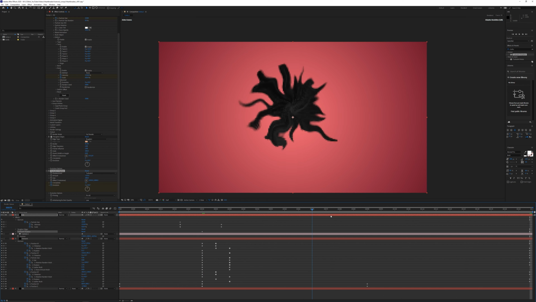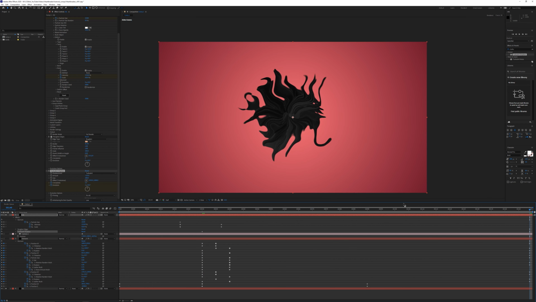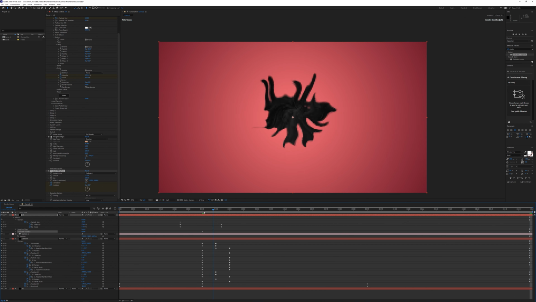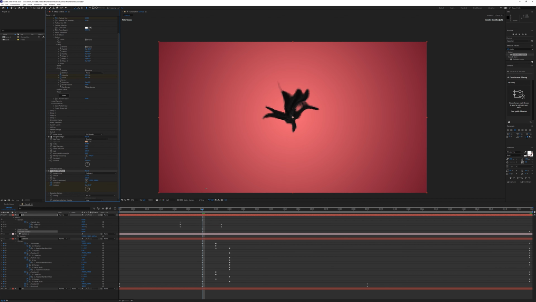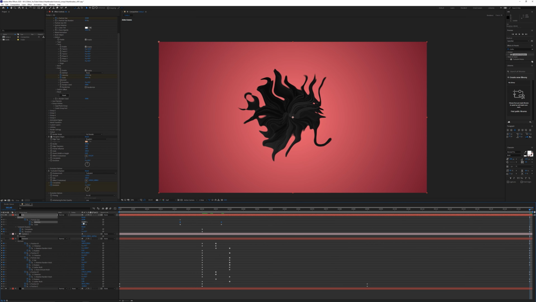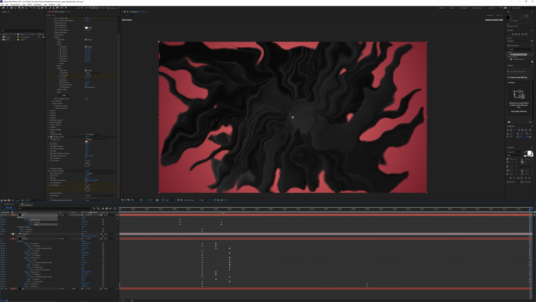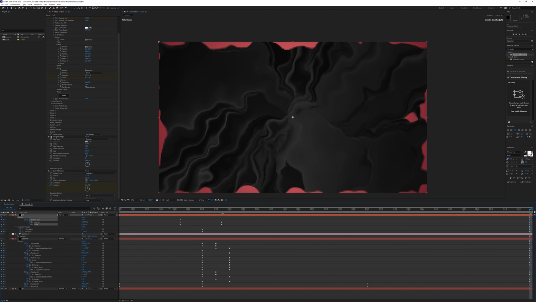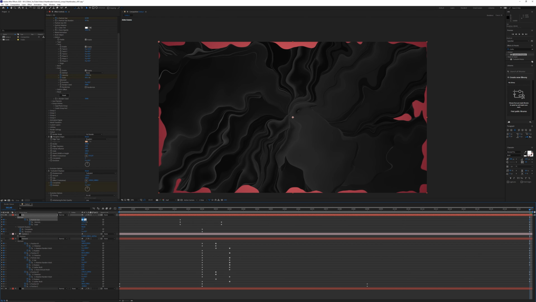So now we got something like this, which is kind of weird looking, and it's probably going a little bit too fast actually. So at the very beginning here, I might actually just increase the evolution, find an interesting looking shape. So now we can go back to the end again, and I need to increase the intensity. So not too dramatic. We want to keep this more subtle. We don't want it to have a lot of motion when it's slowing down towards the end. And then the scale, we can just increase the scale a little bit too. For the size, we can also increase the size, so it covers the screen, something like 50.